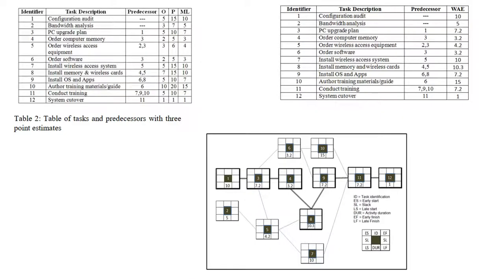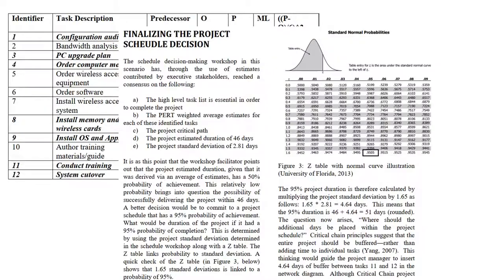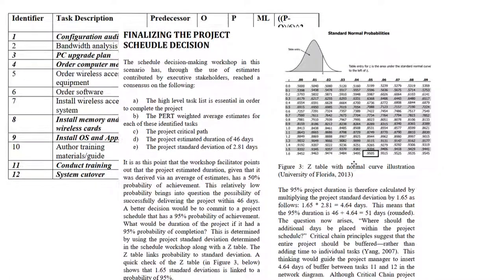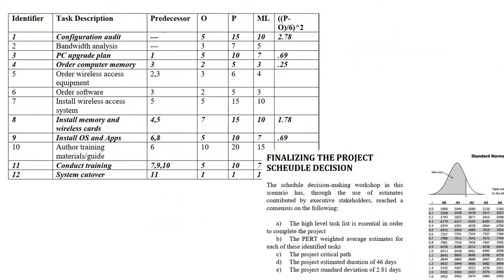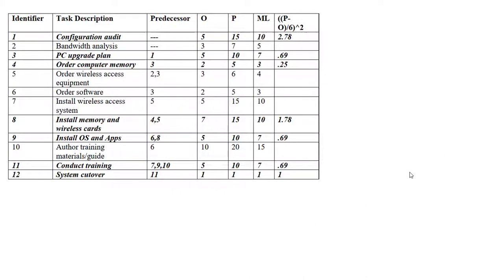The next step is you would conduct 3-point estimates. You see this up at the left-hand corner, 3-point estimates for each activity. That's optimistic, pessimistic, most likely. And then you use the PERT formula, optimistic plus 4 times most likely plus pessimistic, divided by 6. And I just call this a weighted average estimate. It is kind of a weighted average. It uses the beta distribution, but this is the weighted average estimate of each duration. Okay, and this is classic PERT analysis. Once we have done this PERT analysis